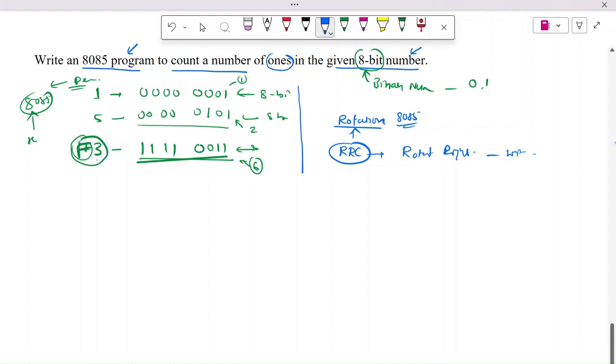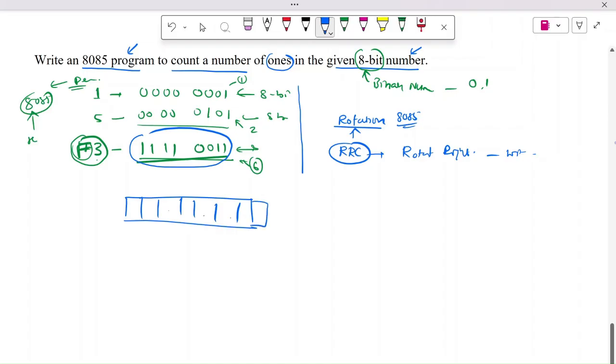I'll just show you one example. Now let's imagine that I have got this number. I'll explain in simple terms. Whenever I have got this value, this is our 8-bit number, 11110011. This is the carry. Now the same number will be going backwards. Now if I perform RRC on this,